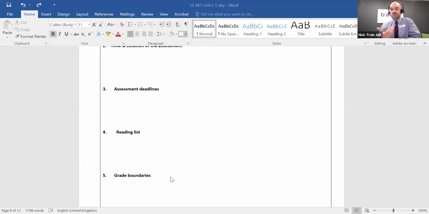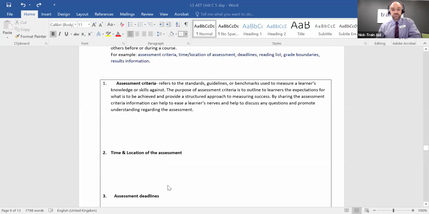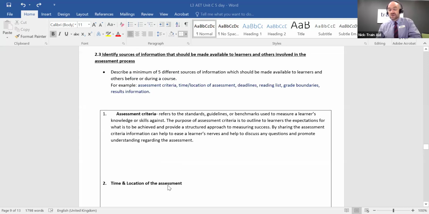So it's all to do with boosting their confidence, and it breaks down the assessment further so they feel more confident, more reassured. It gives them direction once again on what grade they're working towards as well. So grade boundaries is very key for their future goals as well. Wonderful. So that is that for criteria 2.3,